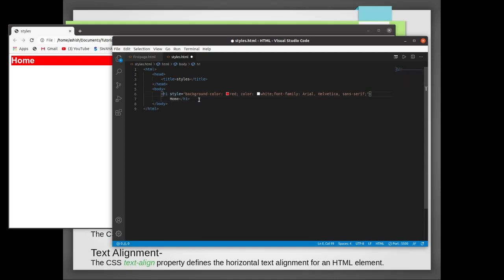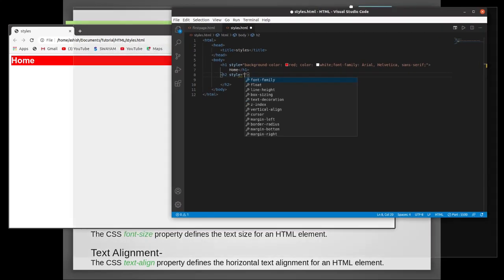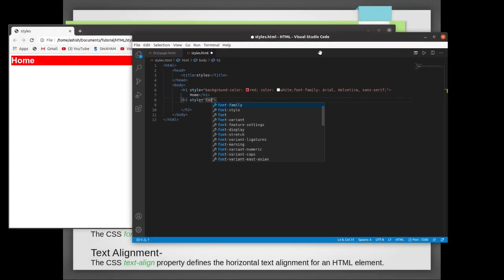Suppose you create another heading. You define it as h2, add a style attribute. Now type font size, add 13 px.